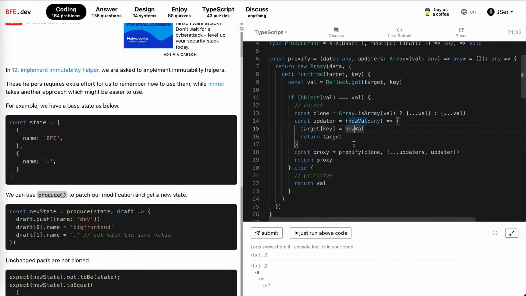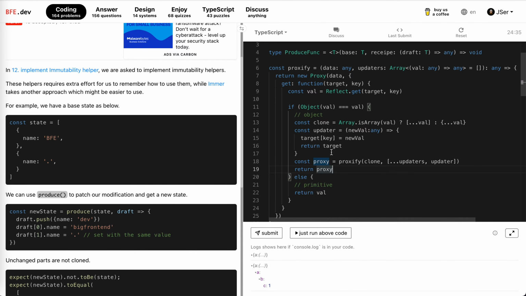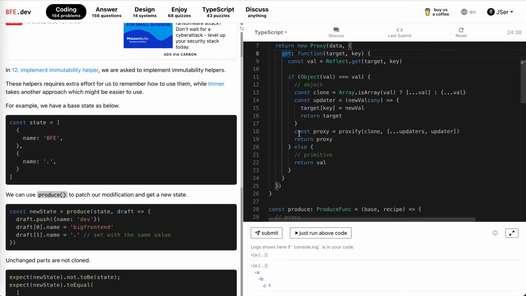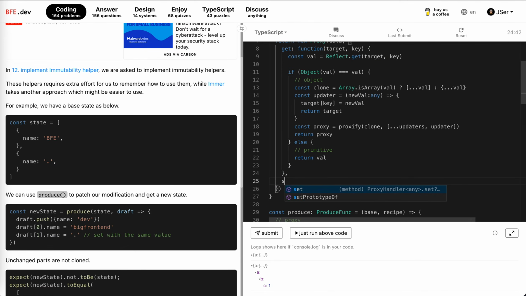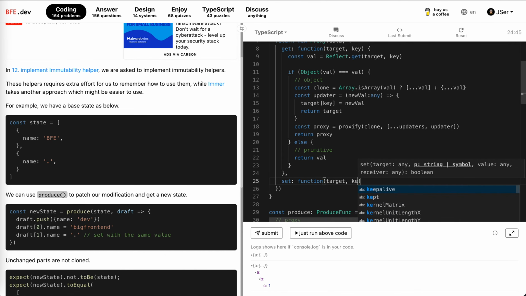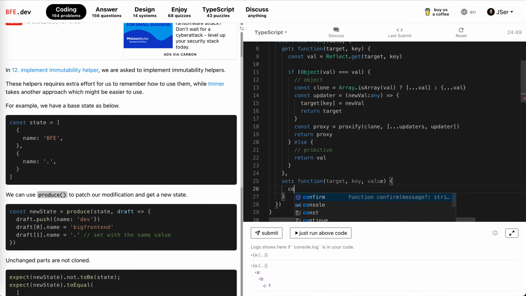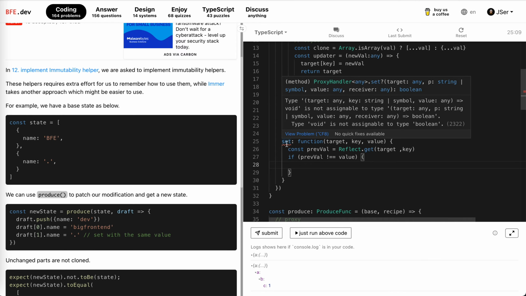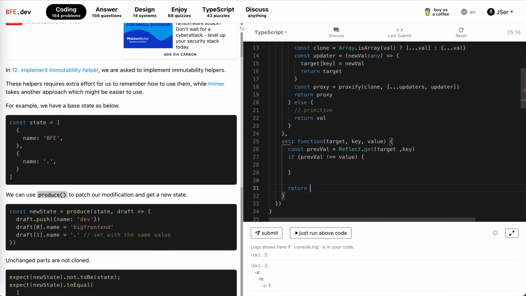Okay. Yeah. So now we have this proxy in this get, and in this set, when we are setting things, function target key value, we first check if the value changes, right? So prev val equals reflect get target key. If prev val is not equal to value, okay, so what error? We need to return something. So basically, for our case, we should return true as default. If the value changes,